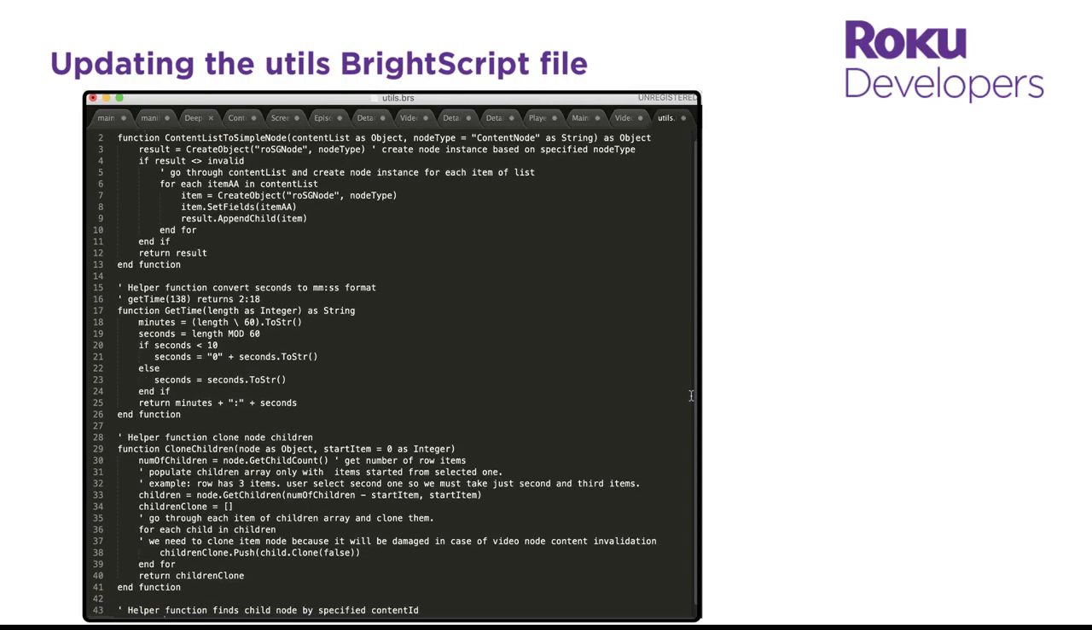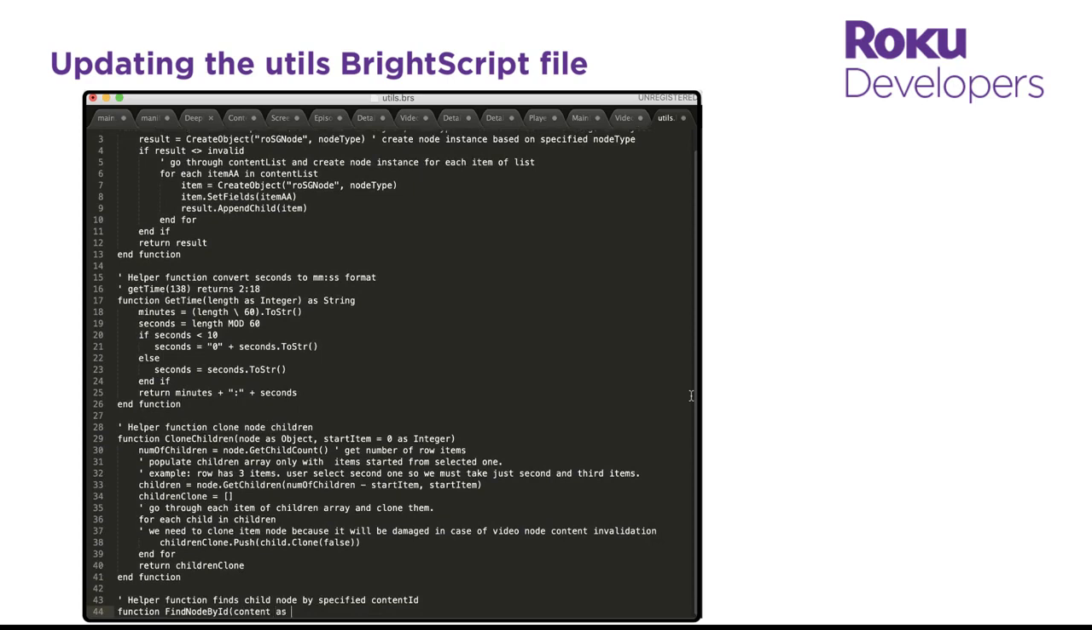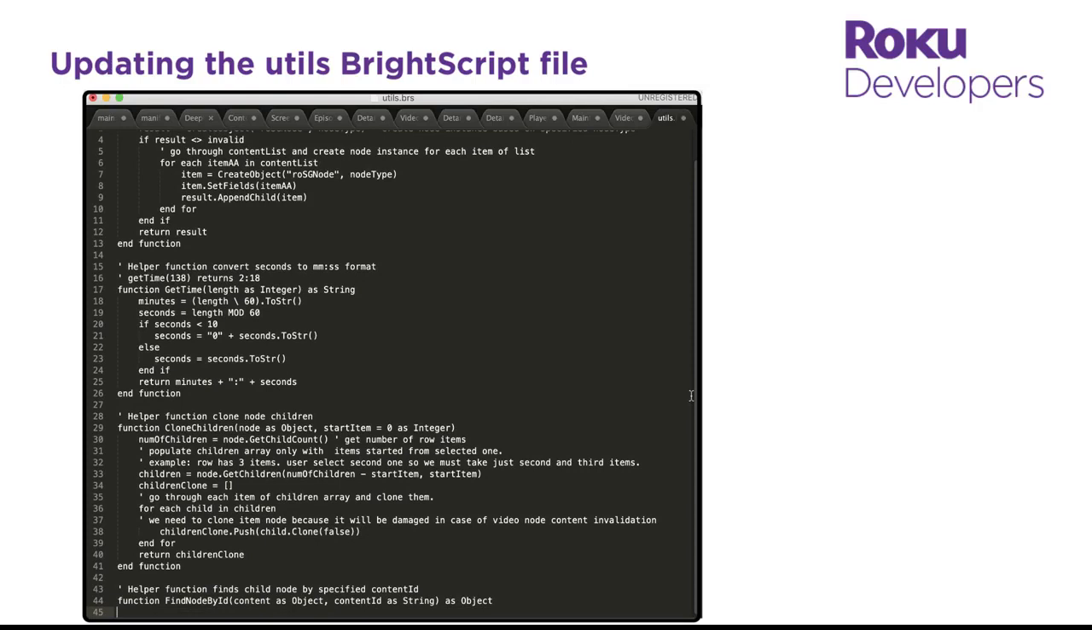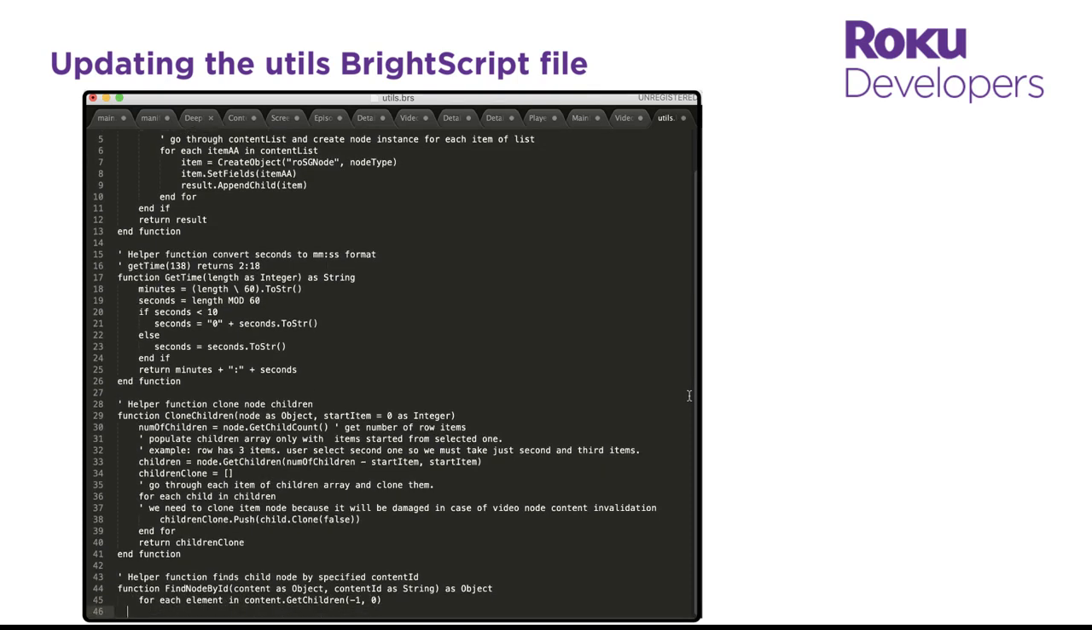This method is used to get the content matching the content ID passed in deep linking parameters. It takes a content node that contains a set of child content nodes for the videos in the channel, which is a grid screen row in our case, and it takes the content ID included in the deep link request sent to the channel. Let's iterate through each child content node or element in the grid screen row, which we'll